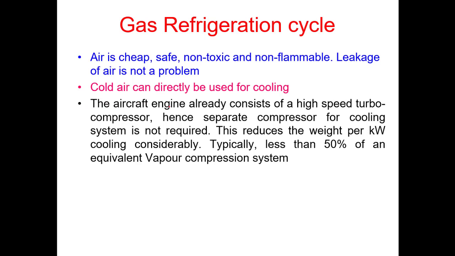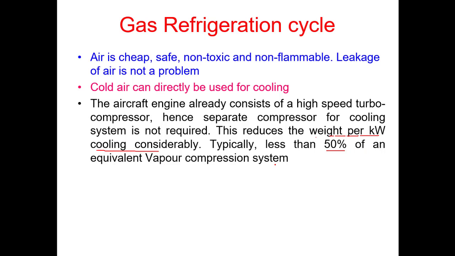In case of aircraft, the engine already consists of a high-speed turbo compressor, as we discussed in chapter 10, Brayton cycle, where we discussed the jet propulsion cycle. In that case, we saw that the aircraft is already equipped with the turbo compressor, so we don't need a separate compressor for the cooling system. As a result, it can reduce the weight per kilowatt of cooling considerably, typically